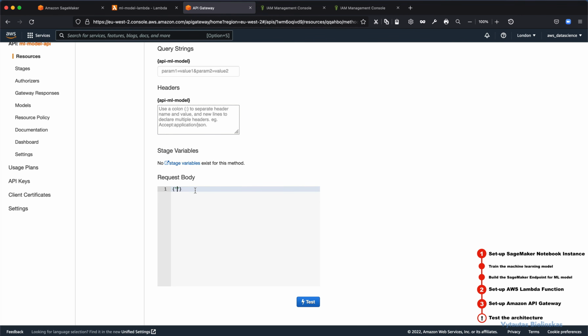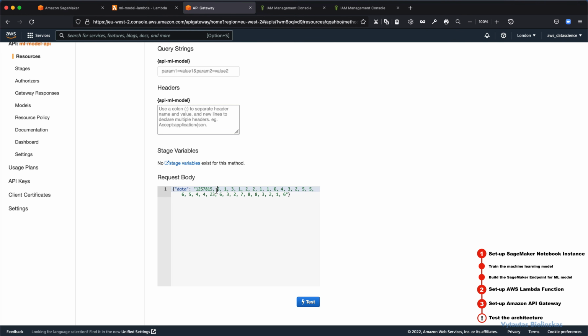We need to specify that the name of our payload is data, and then we can specify the actual values that are going to be pushed into the model endpoint, and based on these input values, the model will return a prediction in our machine learning classification problem. So our payload, let it be like this,